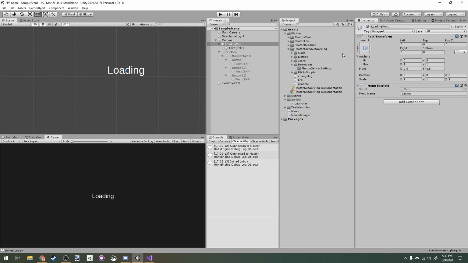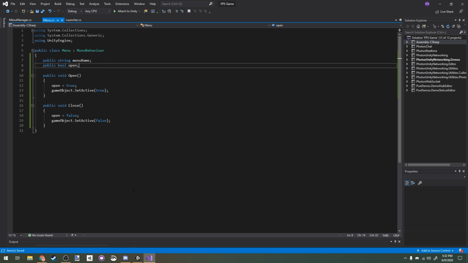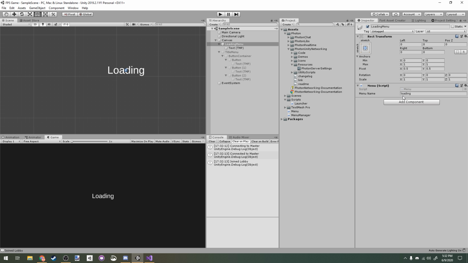I've just noticed something. Okay, so the loading menu, you know what, we're actually going to have to do this. In our menu script, I'm going to have to make this public so that we can make sure the loading menu is set to open, because right now it's trying to close the menu that is open, and we don't have any menu that's open. So now that I've set it to open, when we start our game,